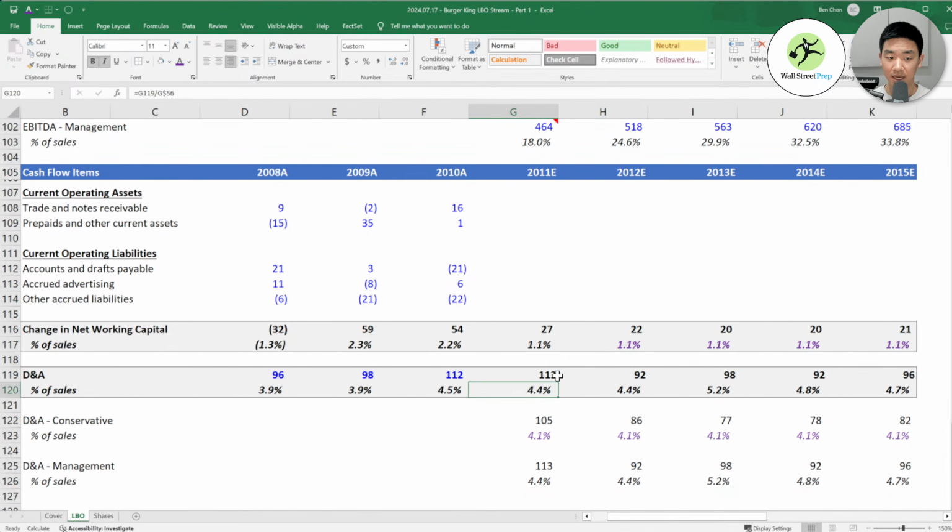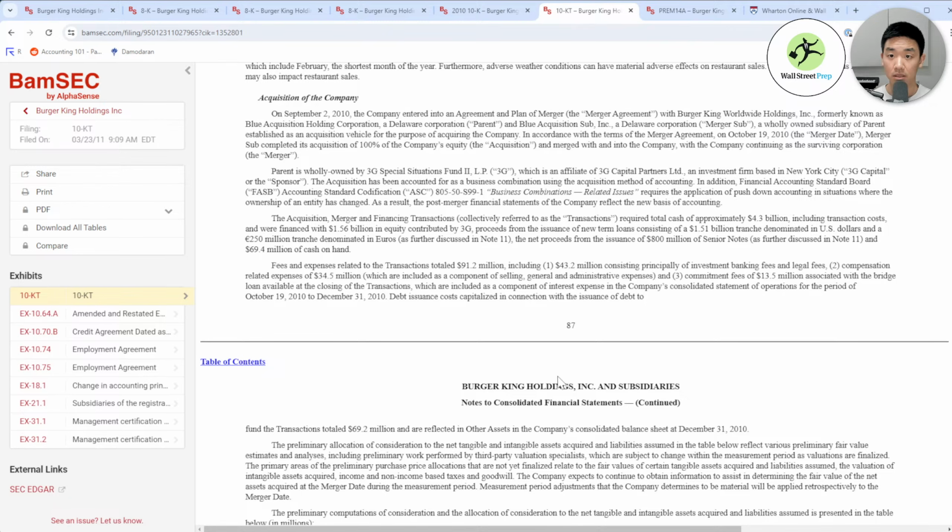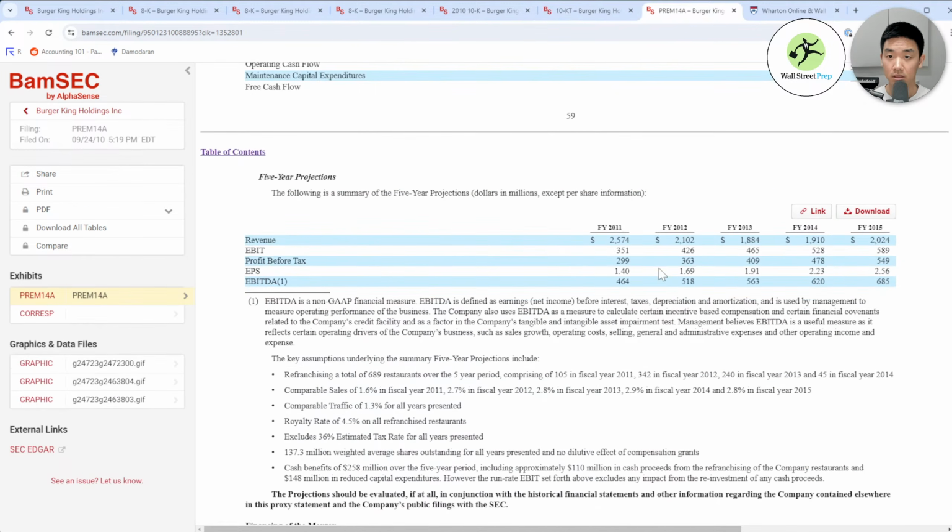Now the reason I have conservative and management is that, if you've been following along, for management we are given EBITDA and EBIT in the proxy, right? So we have a management case of what EBITDA and EBIT should be.